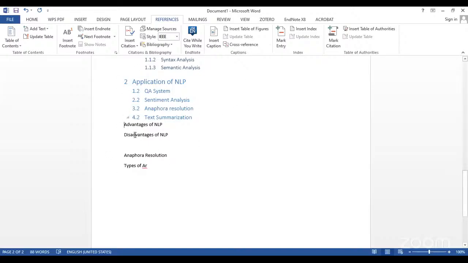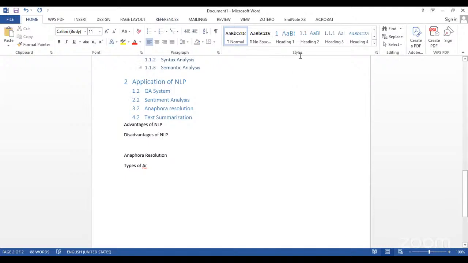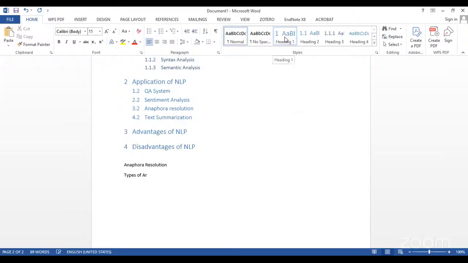So first of all, we have to give the heading to this text. So go to the Home tab. After that, in style, select heading 1. After that, the disadvantage of NLP, select heading 1 again. After that, anaphora resolution is heading 1, and types of anaphora resolution is heading 2, for example.